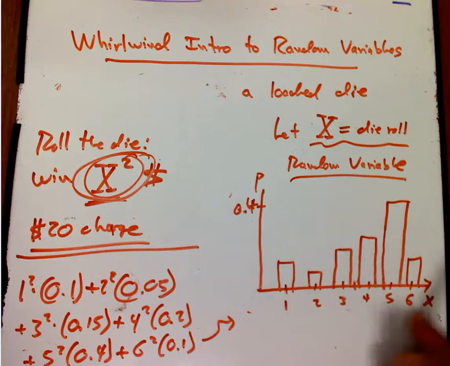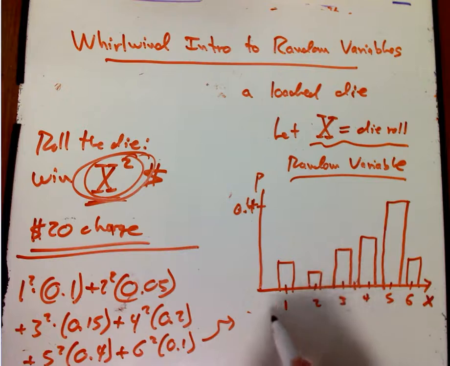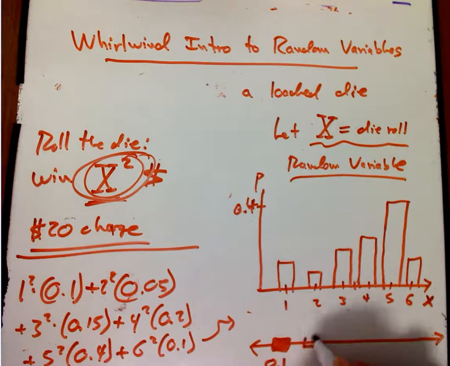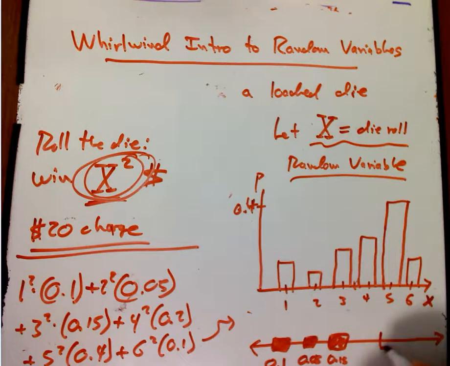There's a great analogy here if you have some intuition with centers of mass. So if you make a physical rod, like a really lightweight plastic rod, and then you put a bead on it here with mass equal to this probability, that was 0.1. And then here's a little bead with 0.05. Let's say this is kilograms. So 1/10 of a kilogram, 20th of a kilogram. Here, a bit bigger, 0.15, etc. Here's the really big one. Let me make it look a little bigger. 0.4,